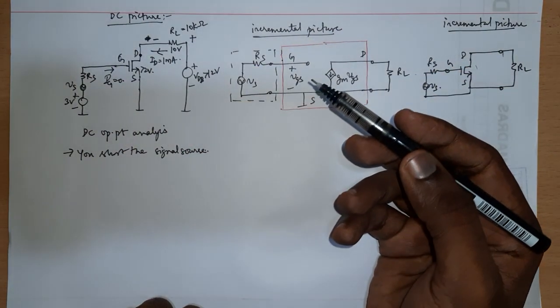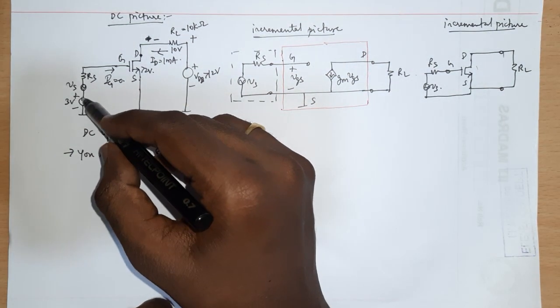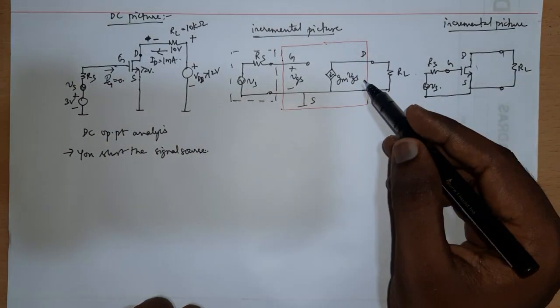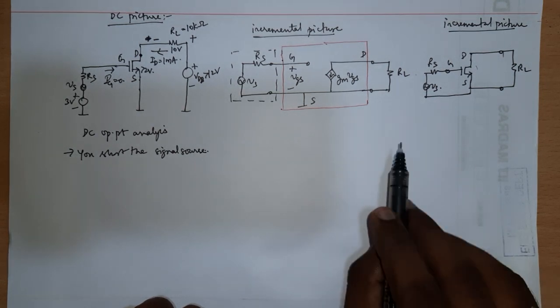And when you are trying to calculate the incremental equivalent gain and all these things, you can actually short the DC voltage sources, and if there are DC current sources, you open them and then try to arrive at the incremental equivalent. Okay,